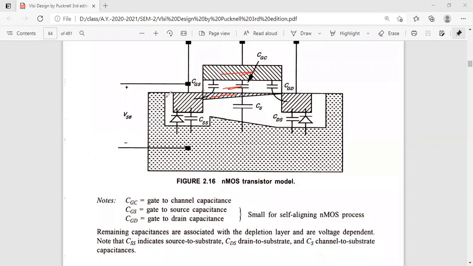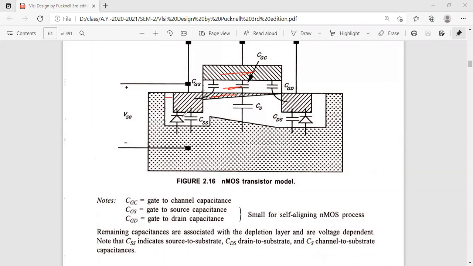This is the depletion region, which is formed when we diffuse, if it is an NMOS transistor, N plus for the formation of the source and the drain. Generally, the electrons will be moving at high speed. Even though we want to control it to about 1 micrometer depth, it may move further than 1 micrometer. So they may form a depletion region between the source and the substrate, or under the drain and the substrate also. That region is called the depletion region.